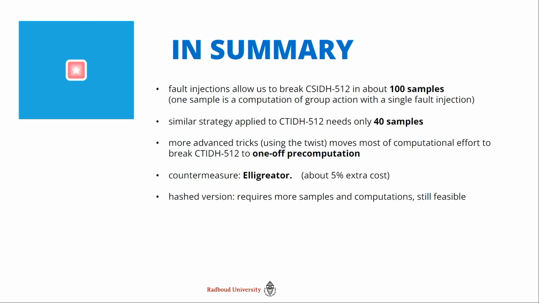And this similar strategy immediately applies as well to CSIDH-512, and you should check the details in the paper if you want to find out how that works. But you only need 40 samples, which is even better. And then there are some more advanced tricks, actually, where you're using the twist, which is a very nice trick